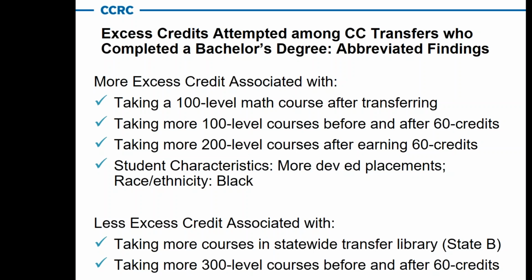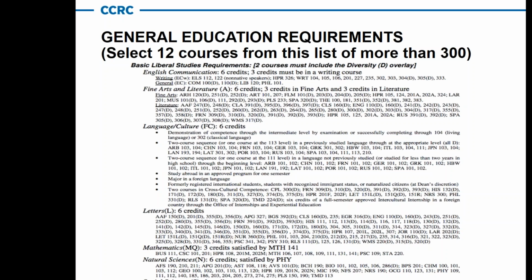unless you're taking the right general education courses for your major, or at least your broad area, before 60 credits, that is before you're supposed to be a junior, it's almost guaranteed that you're going to get excess credits, even if you go on and get a degree. But traditionally within community colleges, what have we said? Oh, you're interested in transferring? Well, to keep your options open, you should take your gen eds, and here they are. And not only is the student confused by this, I think students who read this should at least get an honorary associate degree